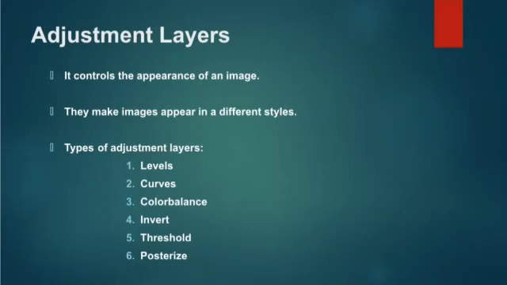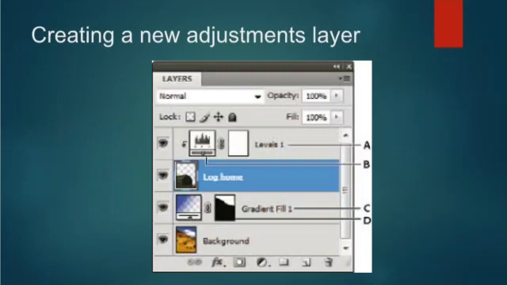Now we can create a new adjustment layer. The procedure for creating a new adjustment layer is: open the image and click on the background layer in the layer palette. Here the layer palette is displayed like this, and we click the new adjustment layer option in the layer menu and choose the required adjustment option like invert, levels, curves, etc. Then it displays the dialog box like this. Give a name for the new adjustment layer and click the OK button. Now the new adjustment layer is created with the specified effect. Like this we can make different adjustment layers in a single image.